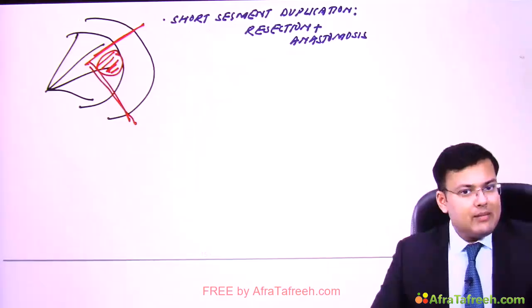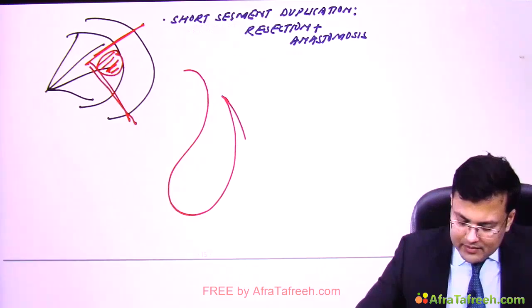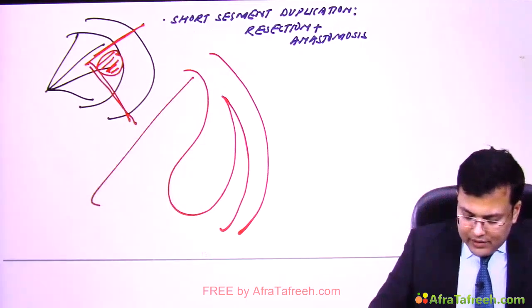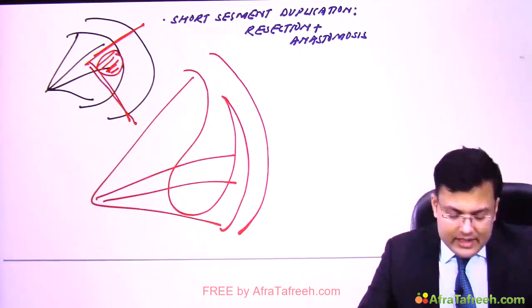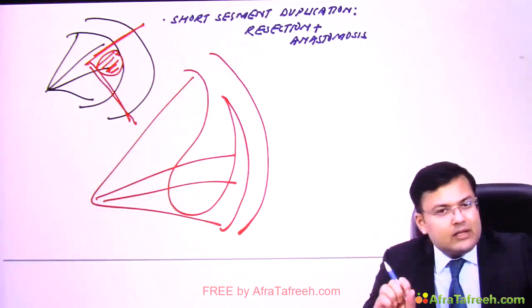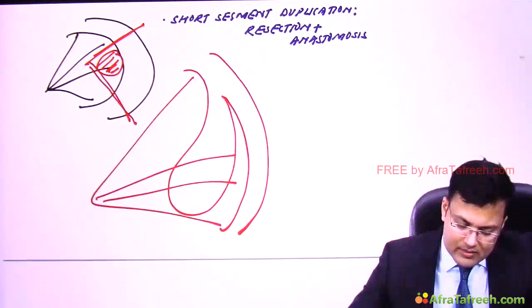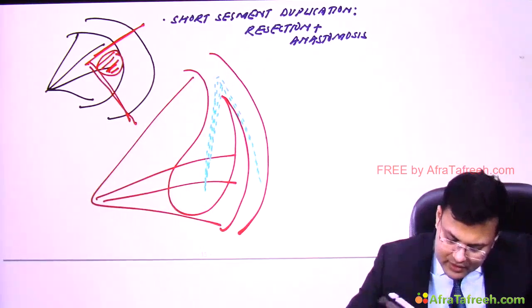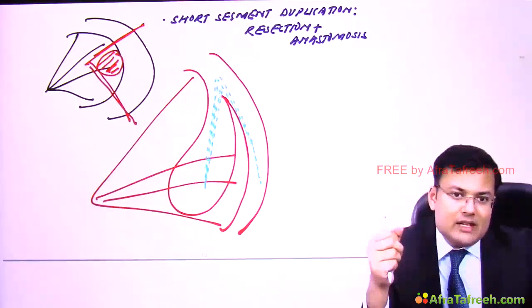Okay. Second, imagine that the patient is having long segment duplication. It's something like this. Clear? In long segment duplication, if we go for resection and anastomosis, what's the problem? There is short bowel syndrome. So in these cases, we have two options. Either we perform multiple enterotomy with stripping of mucosa so that the cyst is going to collapse on its own, or sometimes we insert the stapler and fire it so that whatever wall is in between is divided.